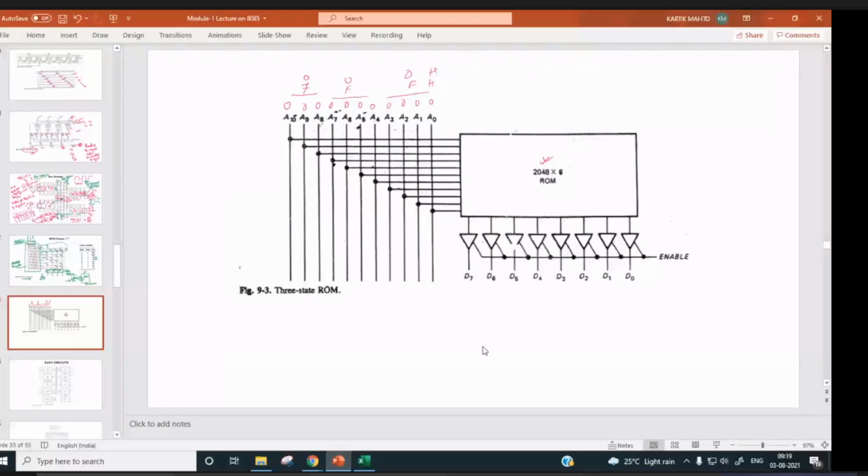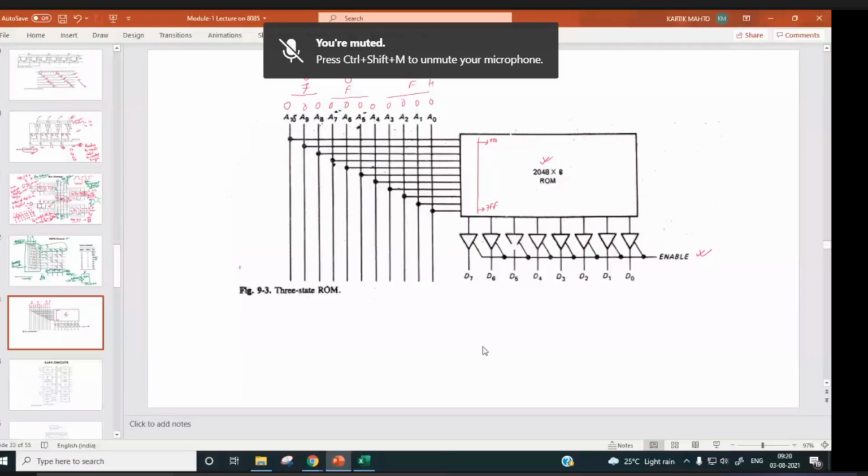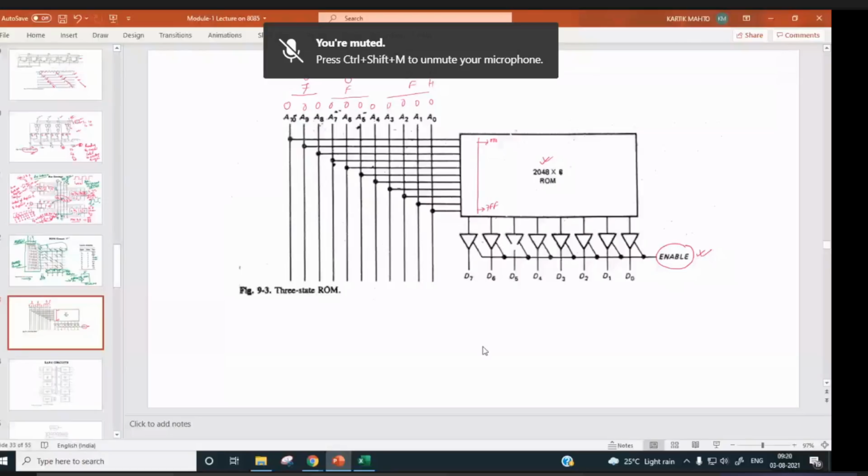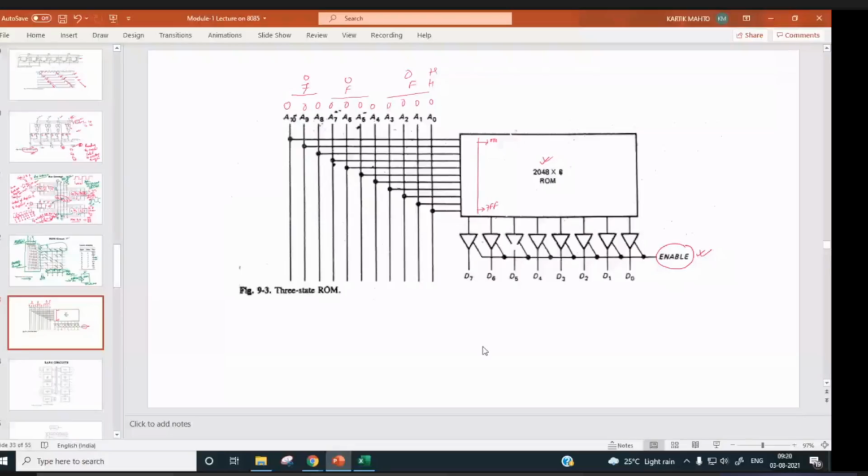And when we make this enable high, first of all you send the address, right? So the address will be decoded, and it will start from the first location 000, and the last location will be 7FFH, right? And the moment you make this enable active, data will come out from this chip. In each location we have 8-bit data. So this is a tri-state ROM, right? Even if you make the read bar signal low, data will come out only when this enable signal is 1.